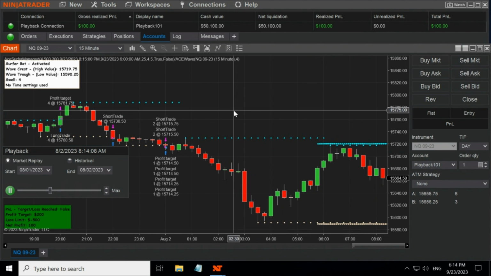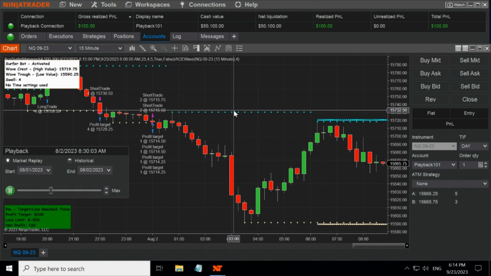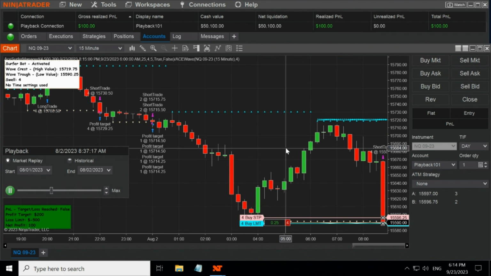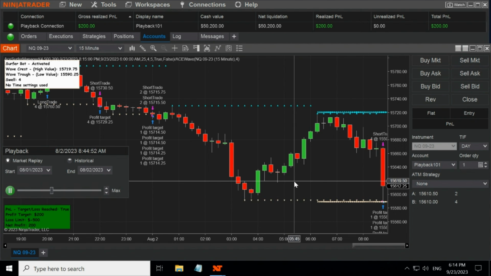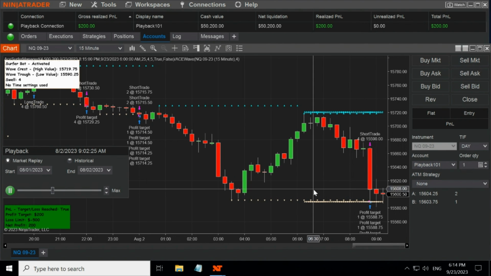Often you find with that pullback, price will then shoot through it. If you find that price goes straight to your wave crest or your wave trough, it can be a bit dangerous because of slippage, high volume, or even it could just pull back quite instantly. That's why I do like to wait for that pullback. And you can see we've got that order filled, and immediately there was a pullback, but because we were only after 5 ticks, we were successful in getting that. Often, if you try to go for something more, you're going to get that pullback and you're going to get that loss. That's why we aim for small